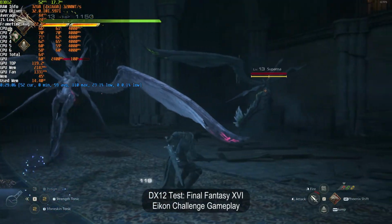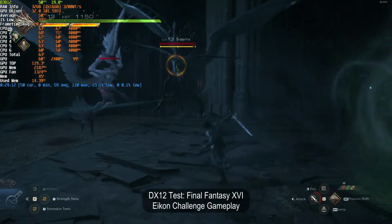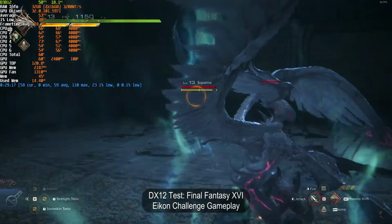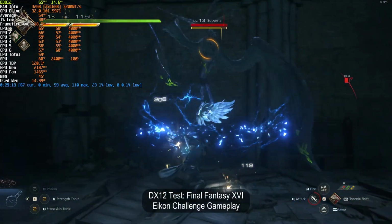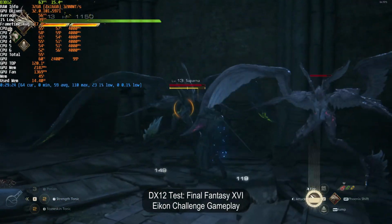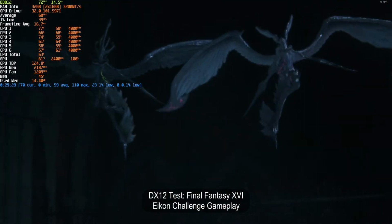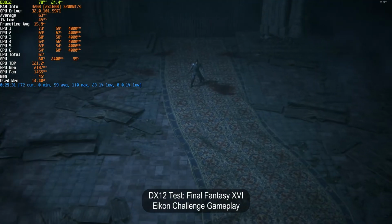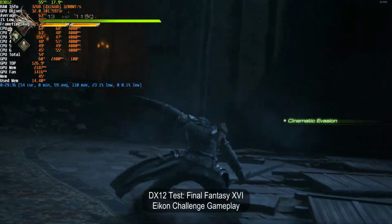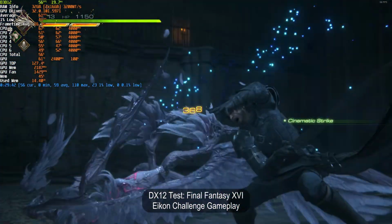Of course, you can probably tweak here and there, and if you want better visuals, you can technically run this game in Ultra, but at this point, to be honest, I don't have a 1440p monitor to test out my performance and utilize my GPU to the maximum. I don't have that kind of monitor yet, so unfortunately I can't tell you about performance in 1440p. But for 1080p gaming, the latest titles are just going to run like butter,